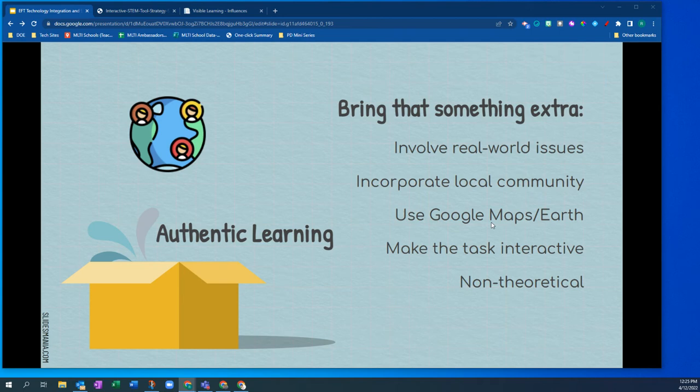There's lots you can do with that, even in math, finding area or perimeter of land, and plotting things out. Obviously, in social studies and geography, you can draw that in. In ELA, you can be making